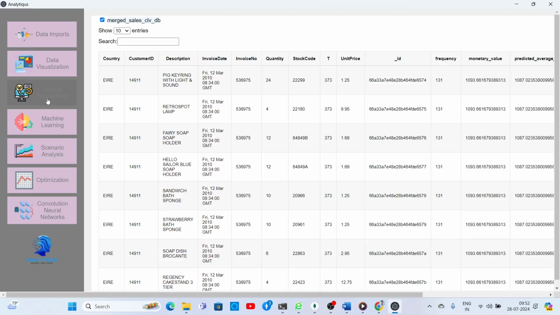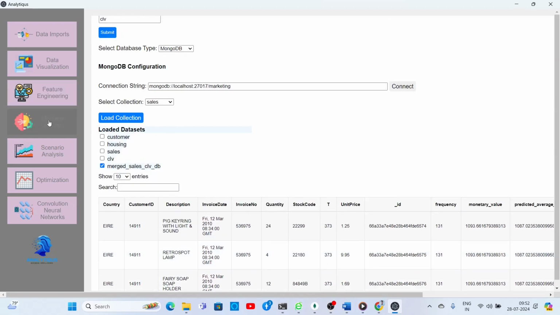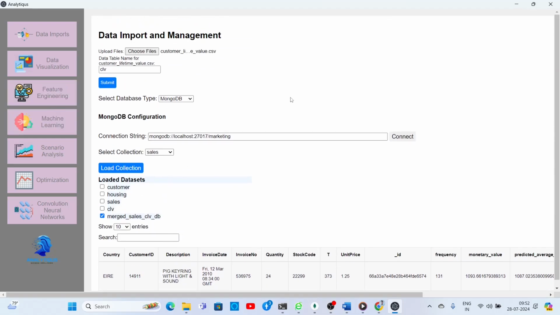You can also select features based on the feature importance. You can remove multi-collinearity from your data set, remove all the artifacts, and make your data set ready for machine learning purposes. So we will cover this topic in another video.